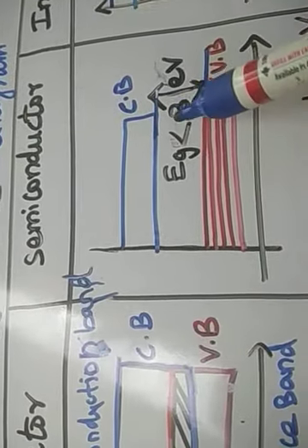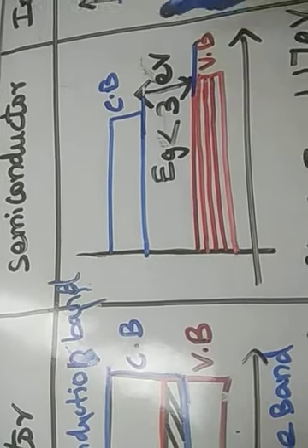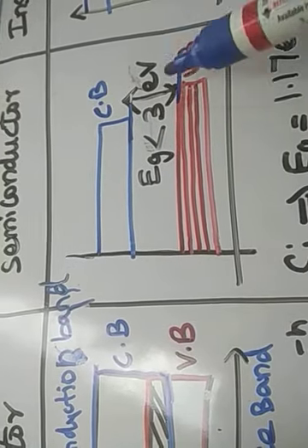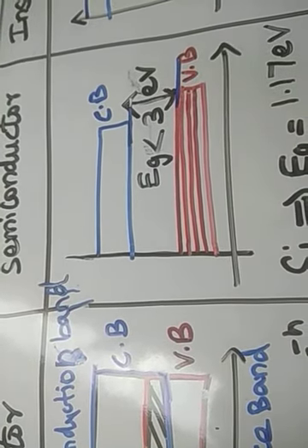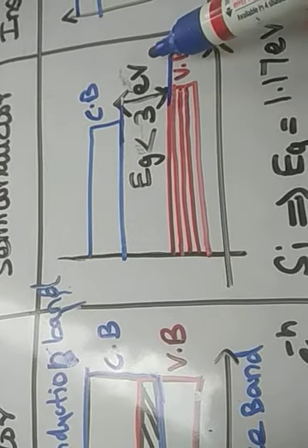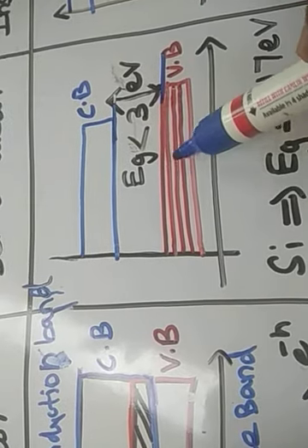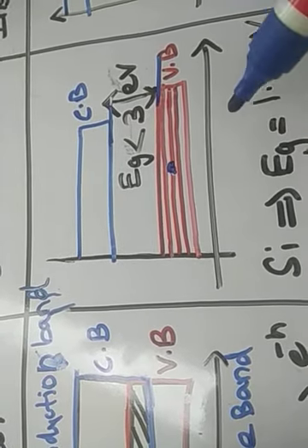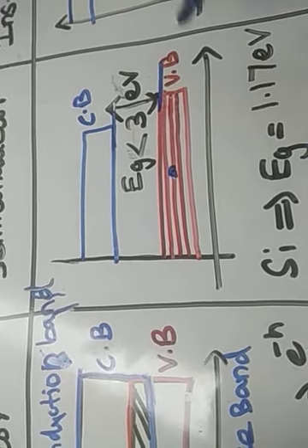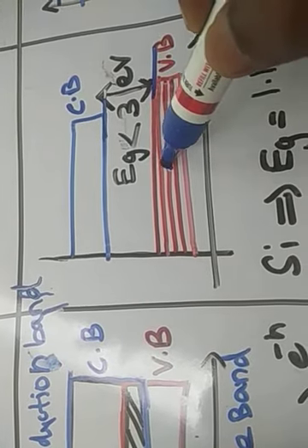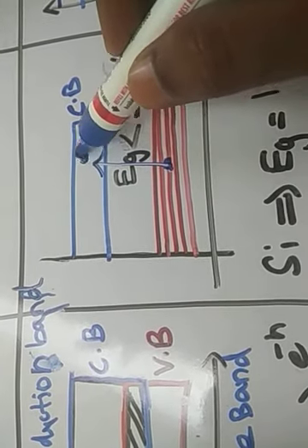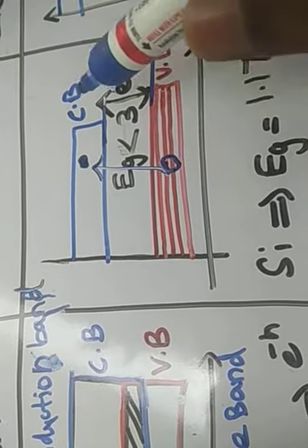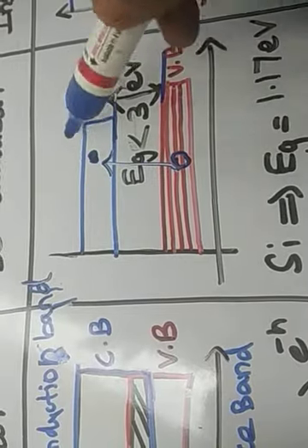The energy gap for the semiconductor is less than 3 electron volt. 1 electron volt is 1.6 into 10 power minus 19 joule. So 3 into 1.6 into 10 power minus 19 joule amount of energy is required to remove the electron in the valence orbit to the free electrons. When the electron in the valence orbit becomes a free electron, it means the electron in the valence band has jumped to conduction band. Then what will happen? Holes are created in the valence band, and in the conduction band electrons will occupy.